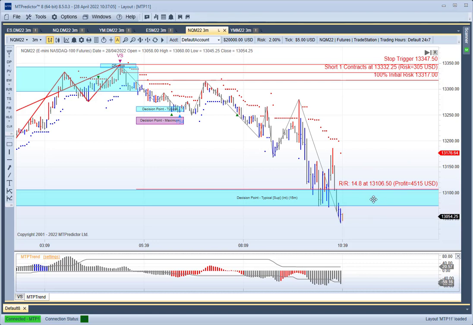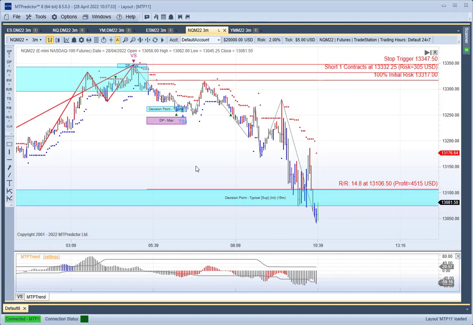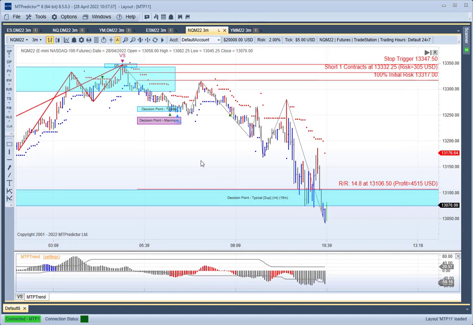Remember, we believe that markets are random half the time, therefore you can't look to trade all the time. You're only looking to trade when the picture's clear. And this is why we place our DPs on the chart on the higher time frame. So what we're doing is we're looking to see whether the market is making a reversal at our projected level. In other words, is the market doing what we anticipate? If it is, then we deem the picture's clear, and then we can decide to take a trade setup on the shorter time frame. And as you can see, this is what the NQ did this morning, very nicely indeed,